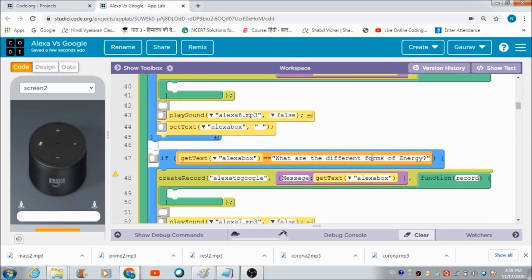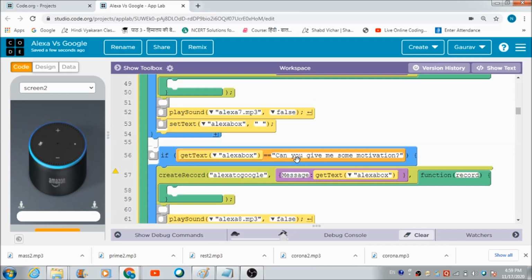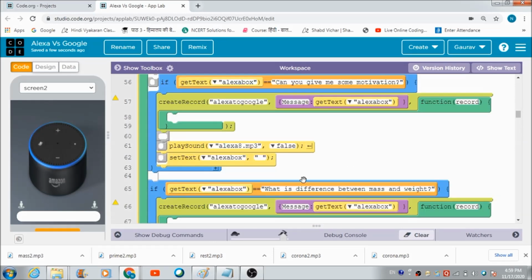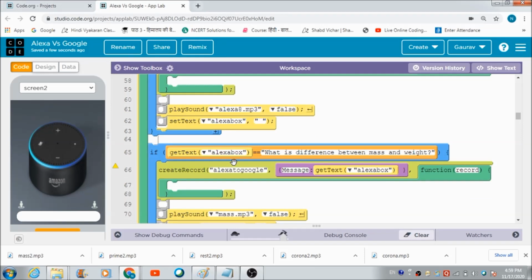Then what are different forms of energy? And after that it is, can you give me some motivation? Okay, so this is the code which you can make use of in order to get a table created on the data browser and get these questions also saved in the same table.